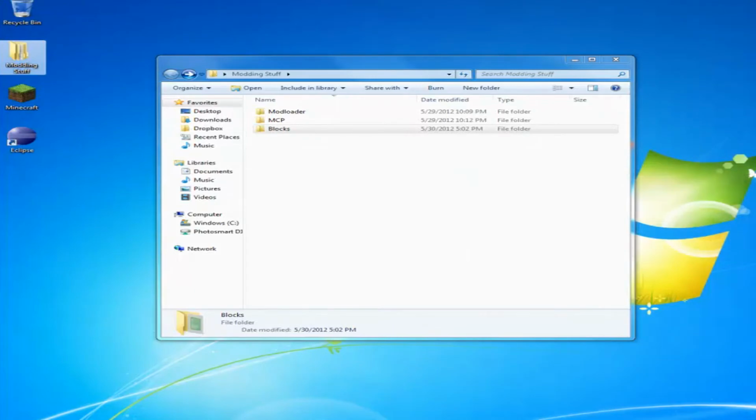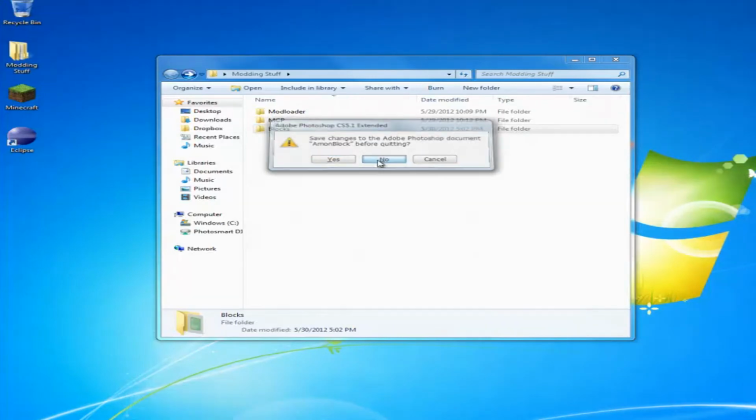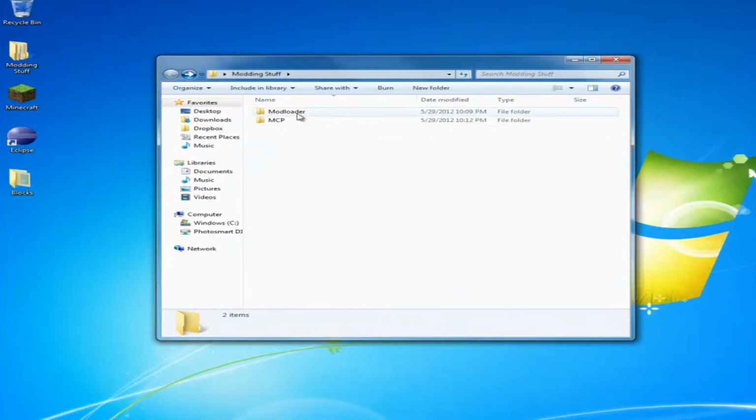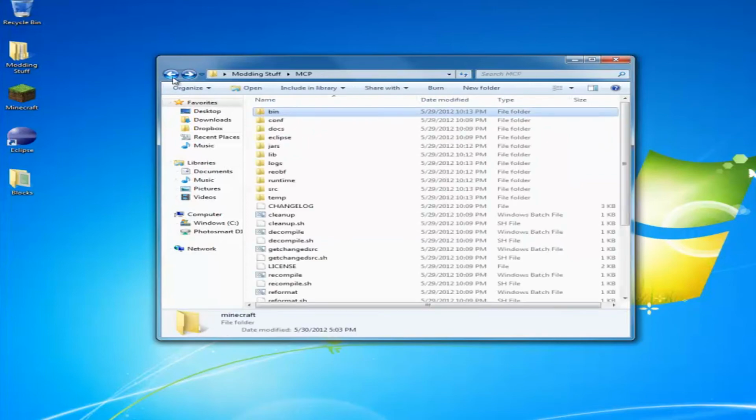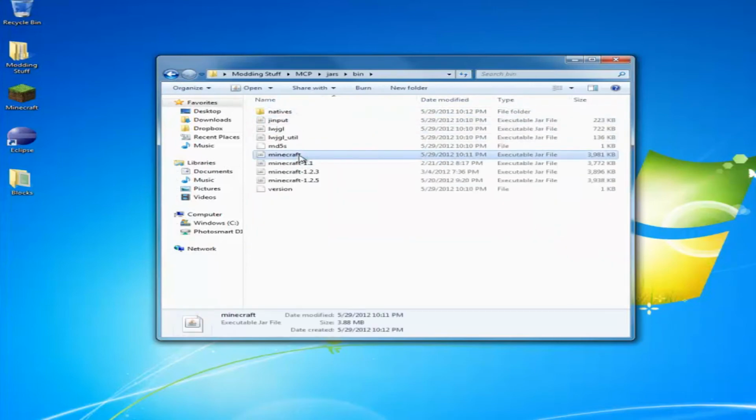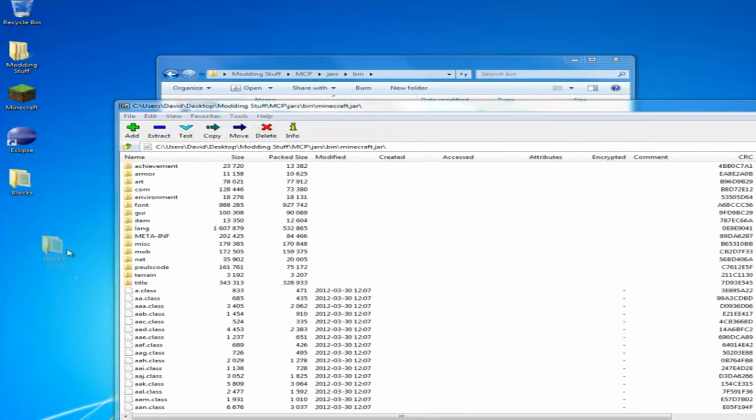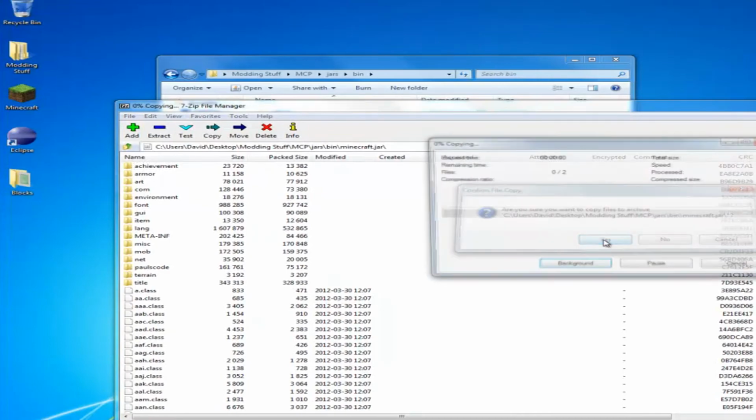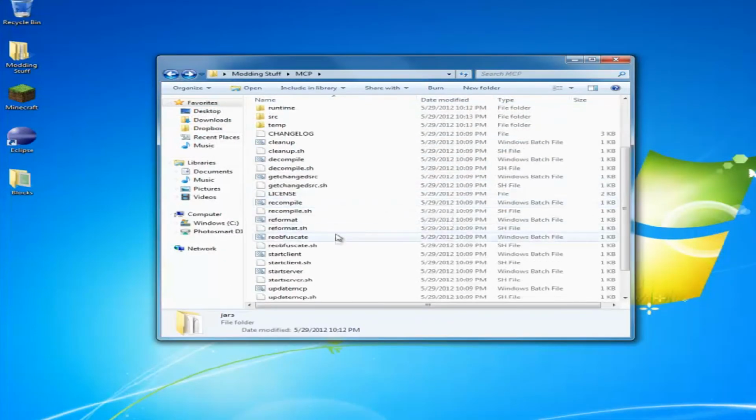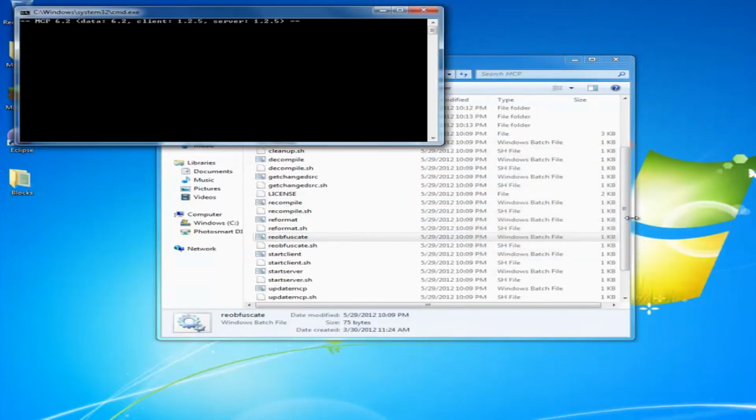Okay, let me close up my Photoshop. There we go. Put them on blocks there. What you gotta go is MCP, the bin, jars, bin, and then go to your Minecraft, open with 7-zip file manager, and then just drag blocks into here. So there you go. I'm gonna re-obfuscate it so I can show you guys how to actually get into your game. So click re-obfuscate, then let it do its magic